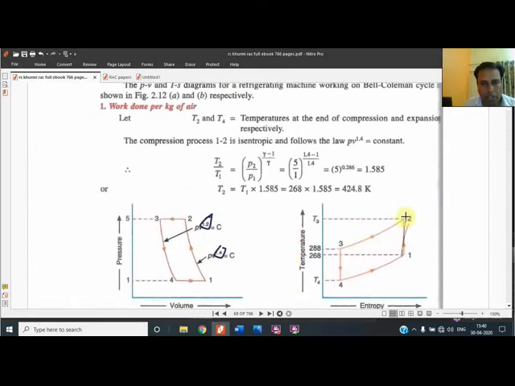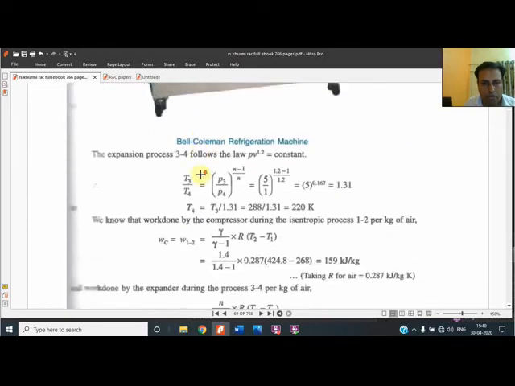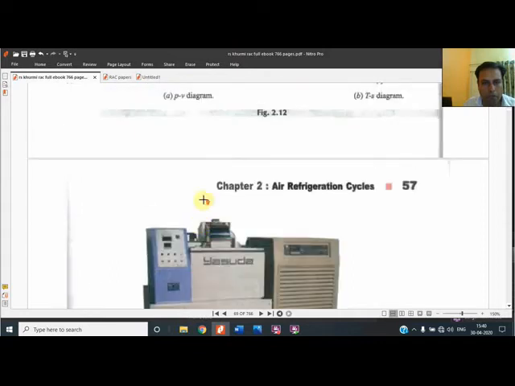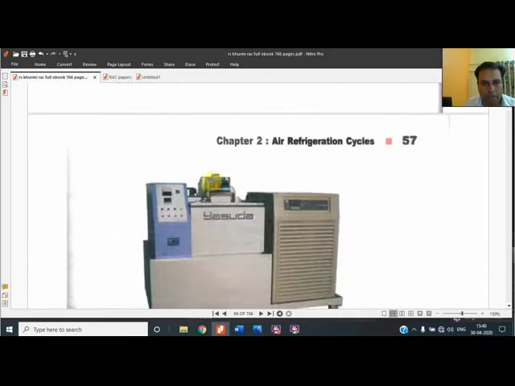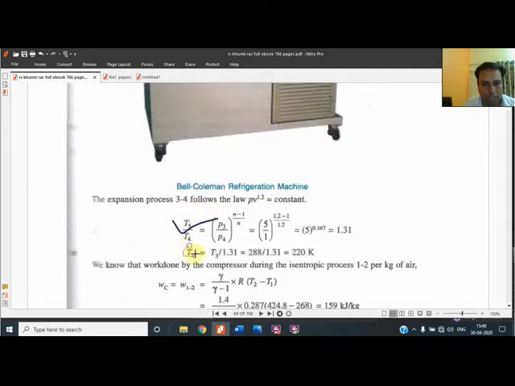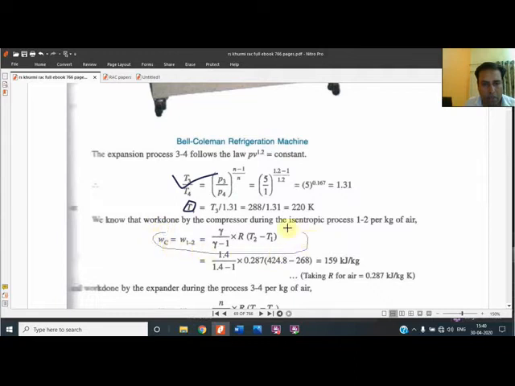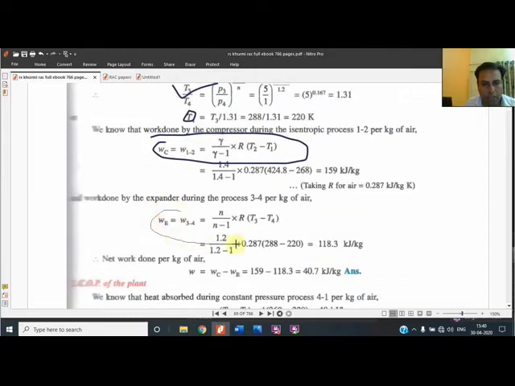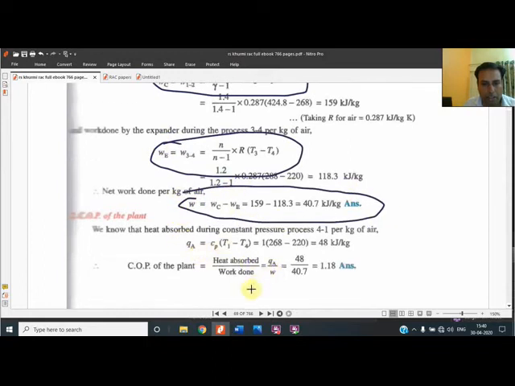So starting with the question, we know that the basic thing is that whenever we get a vertical line, we have to obtain the unknown, because for 1, 2 also they have applied the formula and obtained T2, and for 3, 4 also they obtained this. Now compressor work we have to determine separately, expander work separately, subtract it, and this way we will determine the denominator. Denominator is 40.7. Cp delta T will become the numerator, and this way the COP is determined.